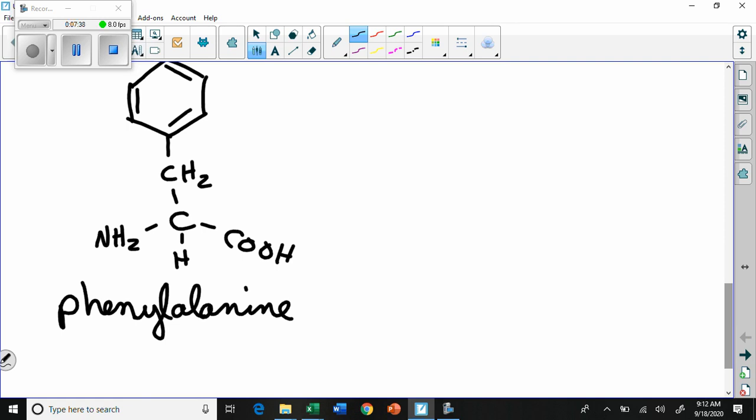And we'll draw one more. So there are some that have maybe one or two or three of these. Can't think of one with three, but I think tryptophan has two hexagonal things stuck together. The last one we'll draw will be this big one,